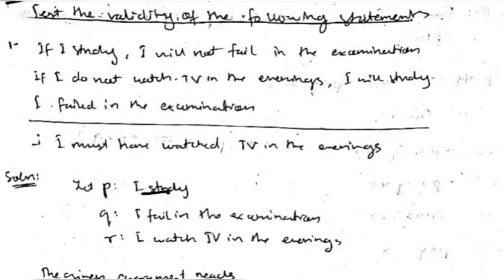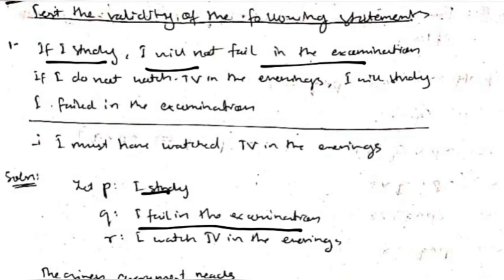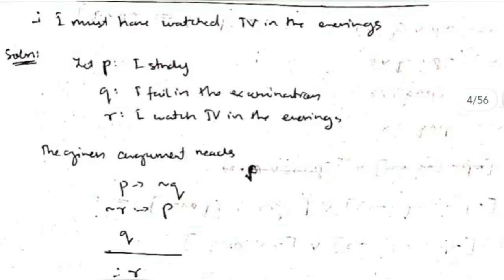See for example, p conditional not q. What is p? P is I study. If I study, I will not fail in examination. I will not fail in examination is nothing but not q. Okay, because q is I will fail in examination and not q is I will not fail in examination. So we will write the first statement as p conditional not q. Similarly, we will write the remaining statements also in the same way,